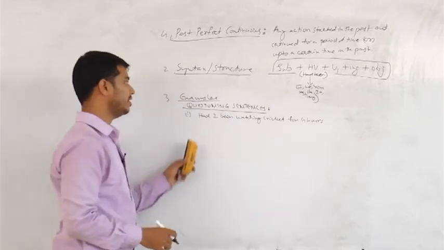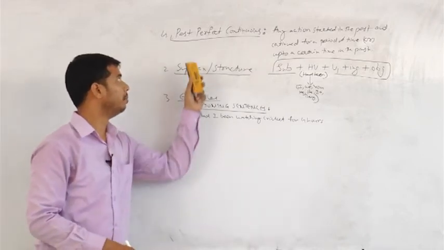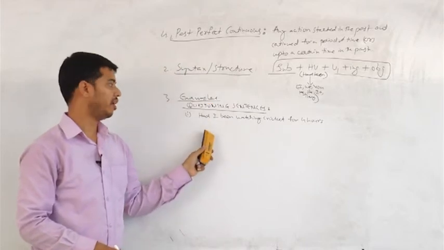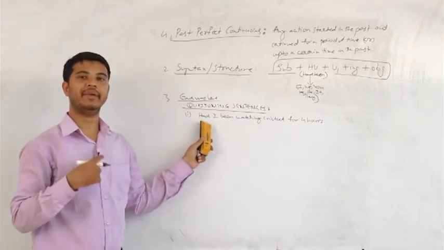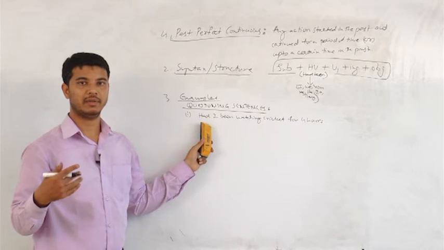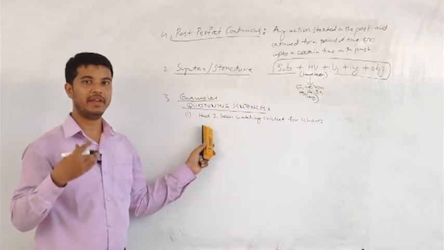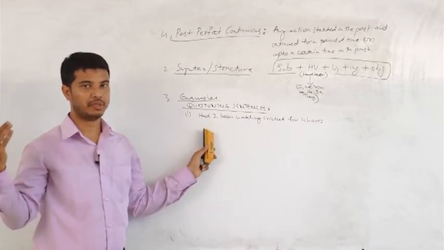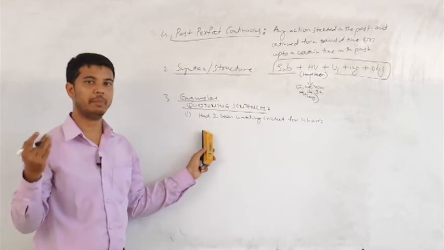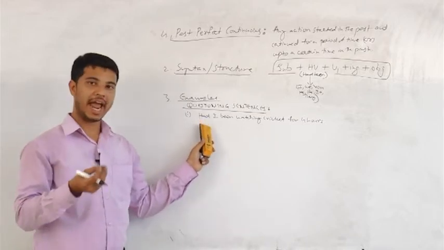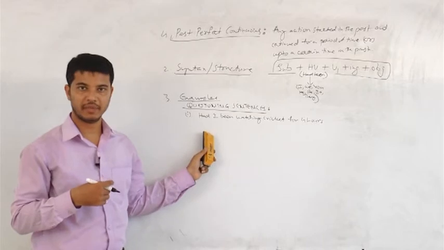Okay, so now this is the questioning sentence under past perfect continuous. For our earlier example, I had been watching cricket for 4 hours. That is a positive sentence, right? That's a positive sentence, and this is the questioning sentence for that particular sentence: Had I been watching cricket for 4 hours?